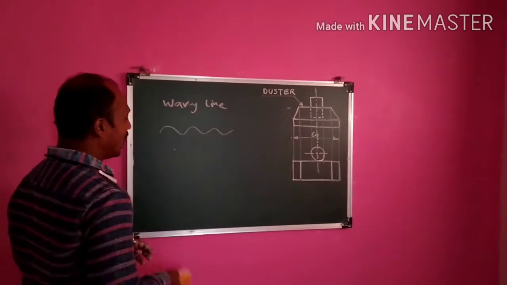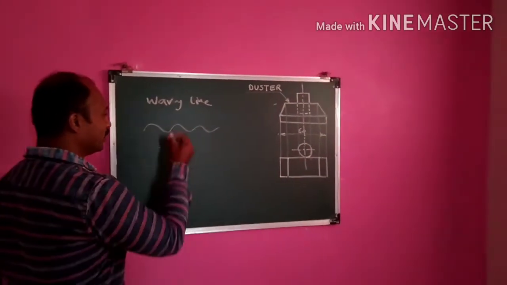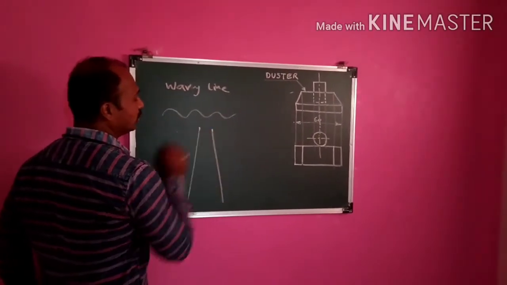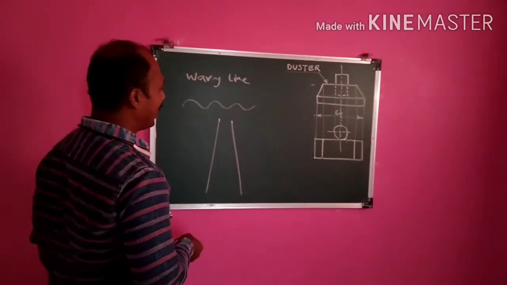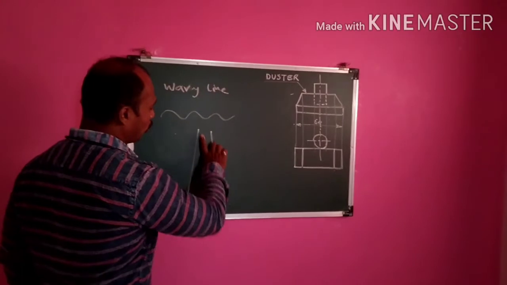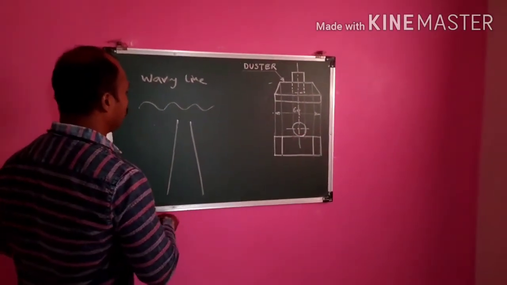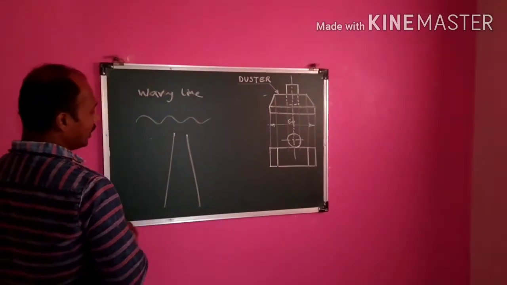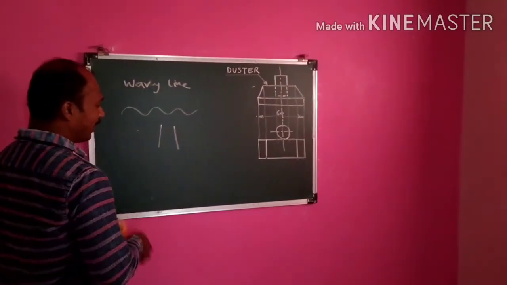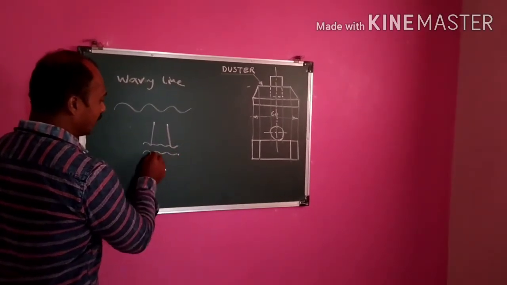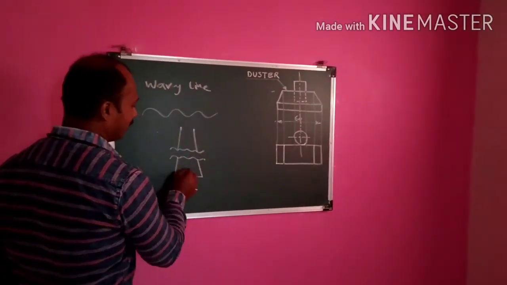Or suppose I want to draw, suppose one bridge is there, or suppose a tower like this is there. I want to draw this tower, right? And I want to draw this portion, but in the break position. So for that purpose, what are we going to do? We break from here and we draw a short break line like this. From here also a short break line, and we draw the remaining portion.